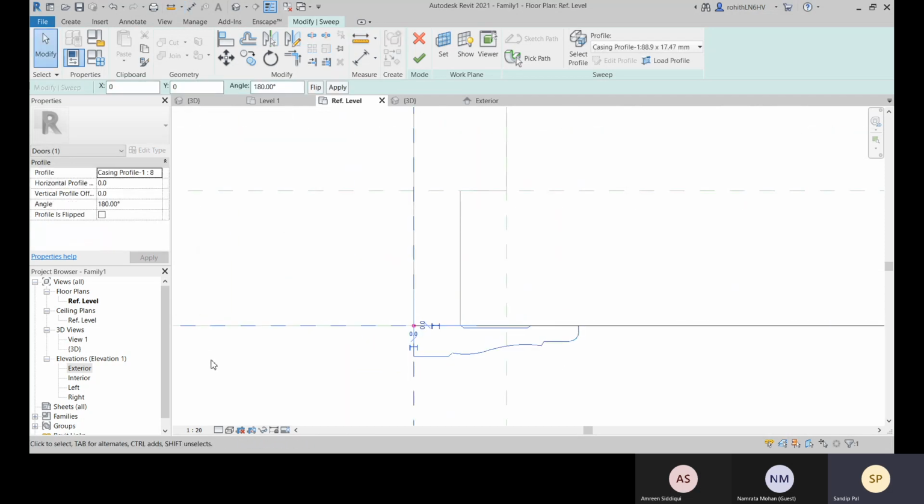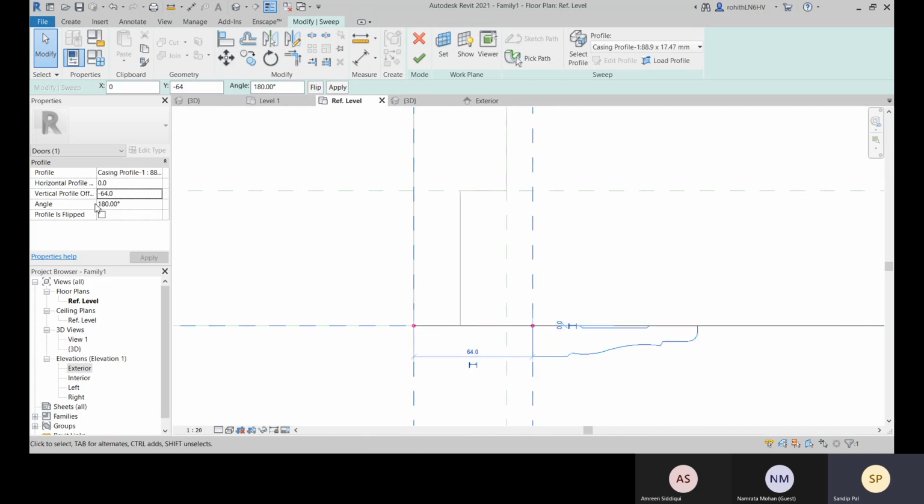So how can we move that? Here we have this horizontal offset and vertical offset. We will go with this vertical option, so it will be moving to this side, and if you want to move towards this side, then you go with this horizontal offset. So let's go with minus 64.